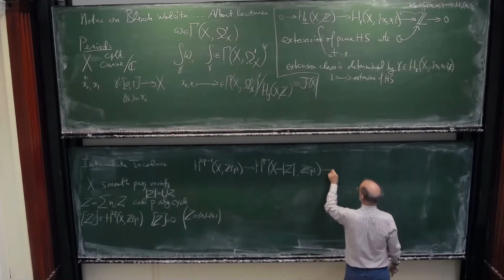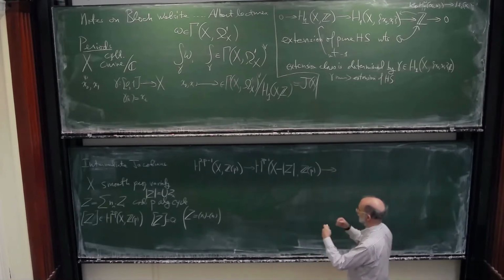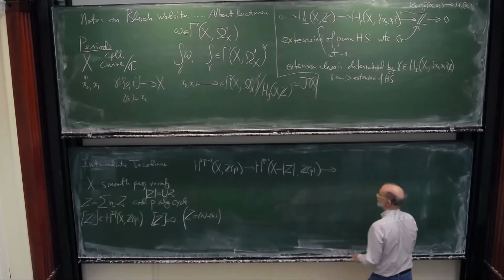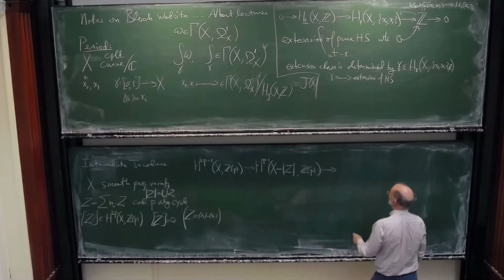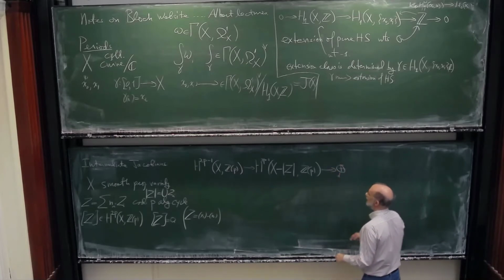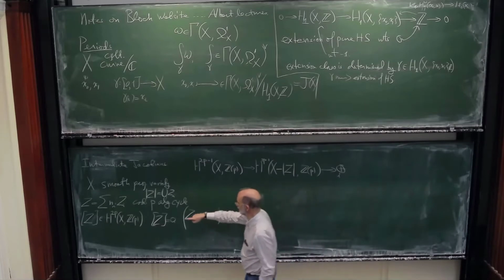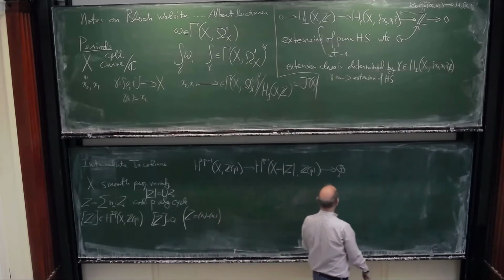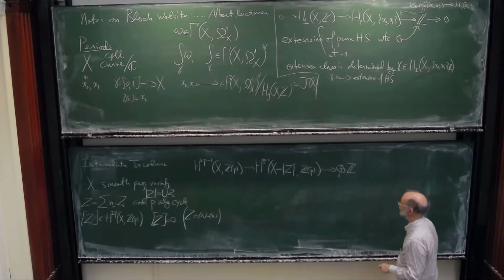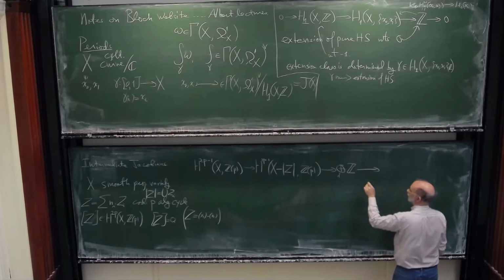And then the Gysin sequence, or whatever it's called, will say that the next term in the long exact sequence is basically going to be the sum over the index set of the components of a copy of Z, one for each component. And then the next term will go to